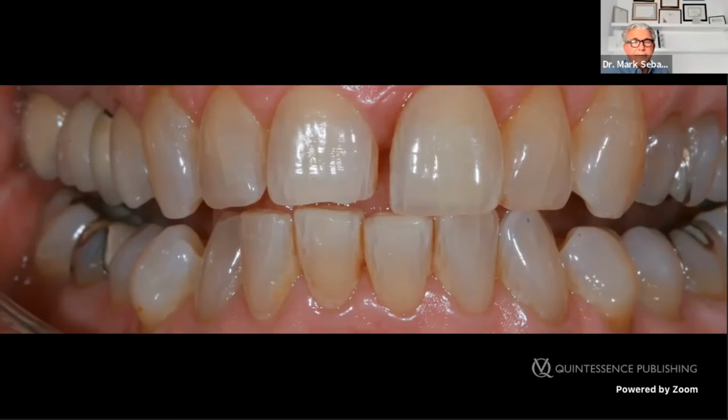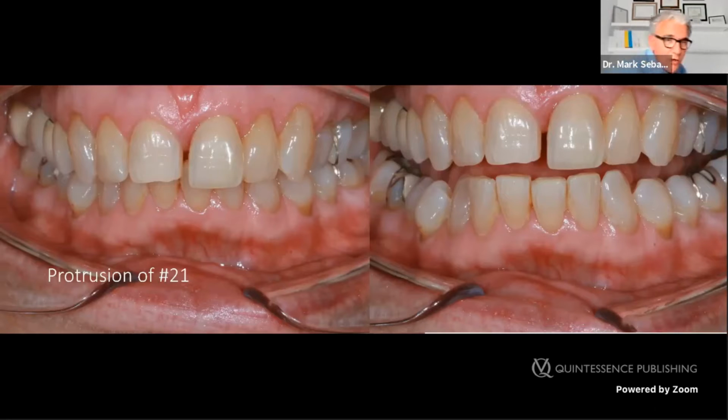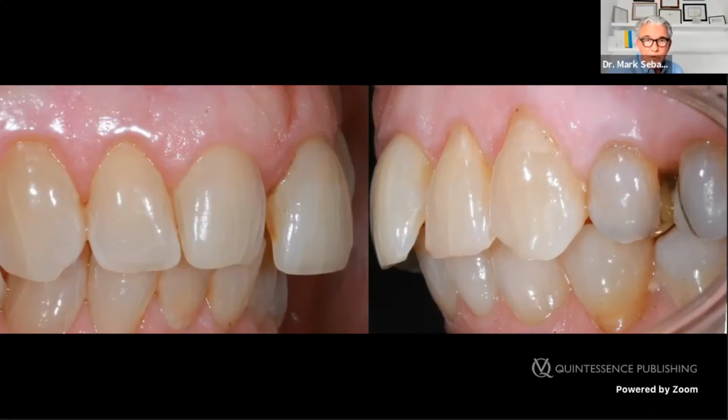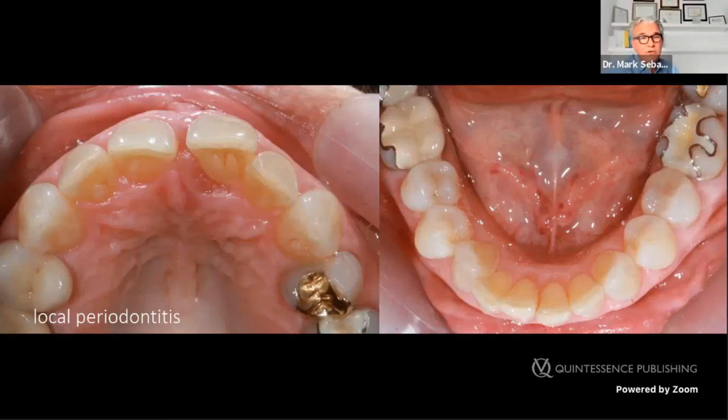Some plaque, but more or less, this is really not a periodontal problem. Take a look from the other view. You see the protrusion of the tooth, it's totally out of the arch. And if you take a probe, you will find pockets up to 7 millimeters. And you see inflammation on the palate. The lower, looking at the gum, there's really nothing to talk about.